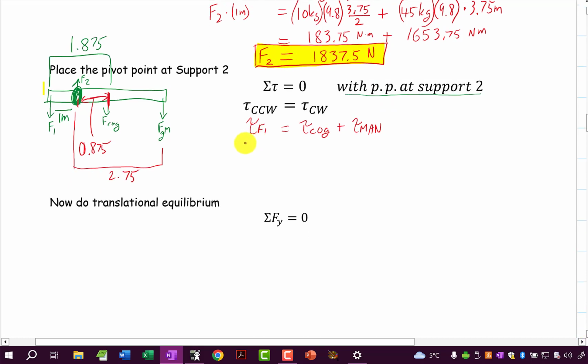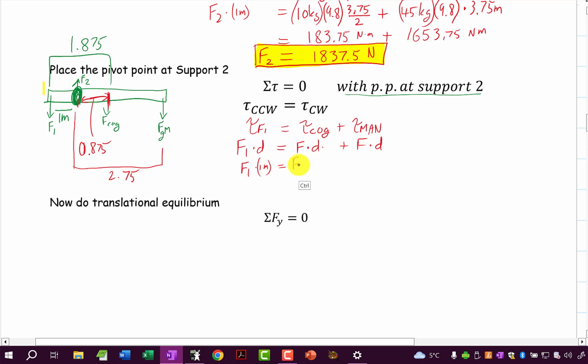So this is F1 times the distance is equal to the weight times the distance, and then this is going to be the weight times the distance. So this is F1 times 1 meter is equal to,